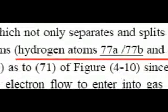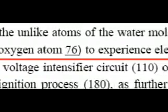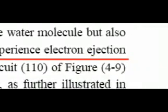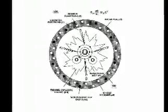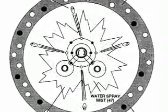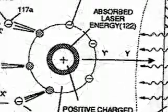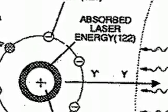It's not split. It's not using current to split water. It is using a high voltage field to ionize the individual hydrogen and oxygen atoms of the water molecule. And this is a basic process of all lasers, in fact. And when you really think about it, Stan Meyer's device is essentially a water laser, or a water lasing device,